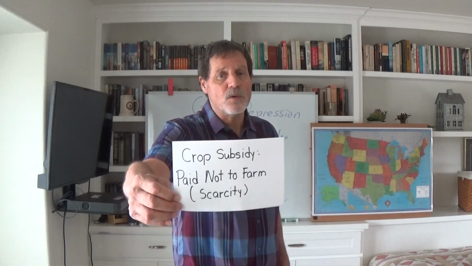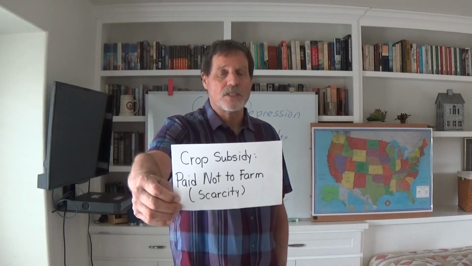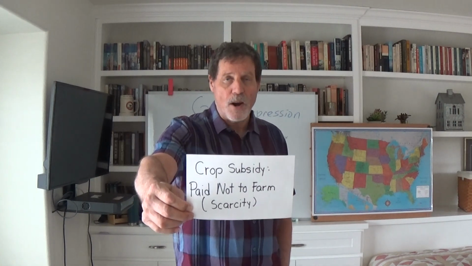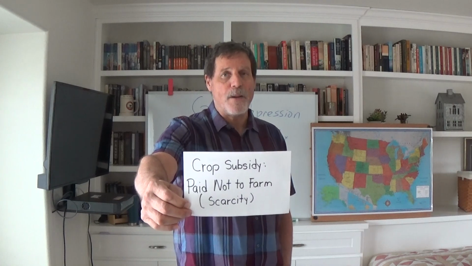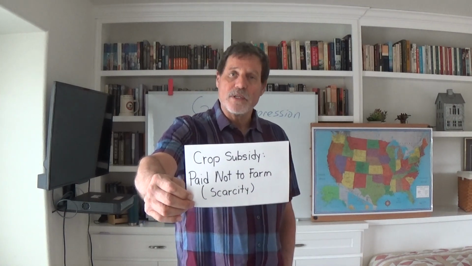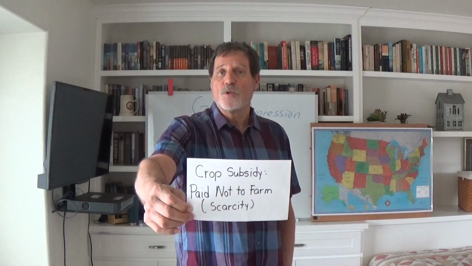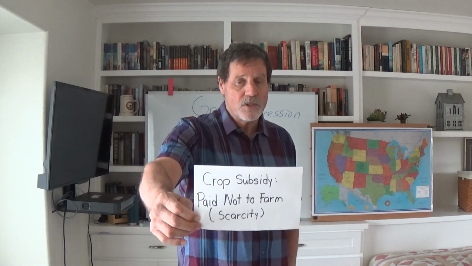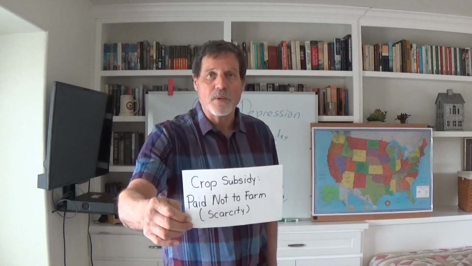Well, the AAA was going to convince them to do that, and the way they did it was by offering crop subsidies. What it really was is that the AAA would pay the farmers not to farm. They're going to pay these guys not to farm. And what you do then, of course, is create an artificial scarcity, which will help to improve farm prices, which hopefully will help to increase farm revenues and farm income. So this was the way that they were going to deal with this.